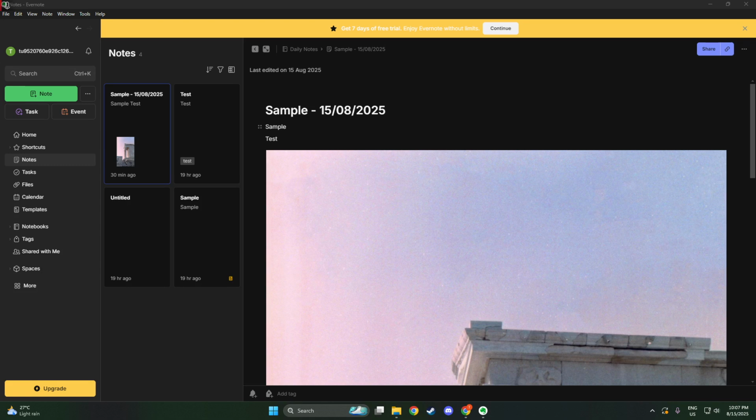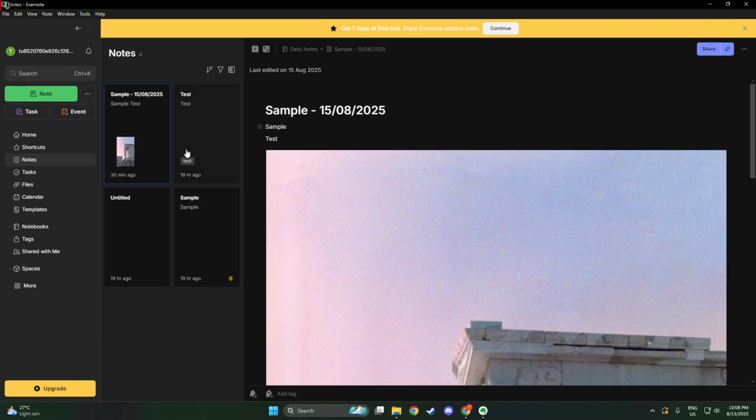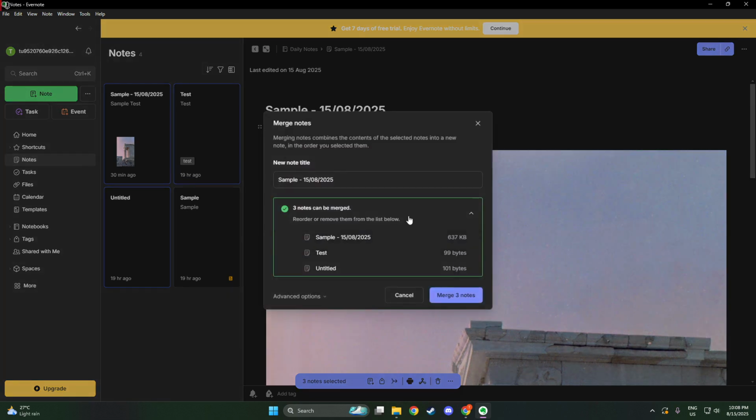After you've made your selections, look for the Merge button. It's easily recognizable with its combined arrows icon located at the bottom of the Evernote window. This is where the magic starts to happen. By clicking on this button, you initiate the merging process, bringing together all the notes you've carefully selected into a single cohesive document. With the Merge button clicked, Evernote gives you the chance to arrange these notes in the sequence